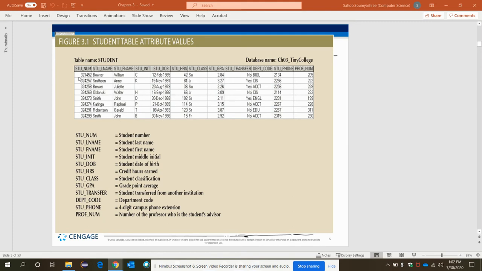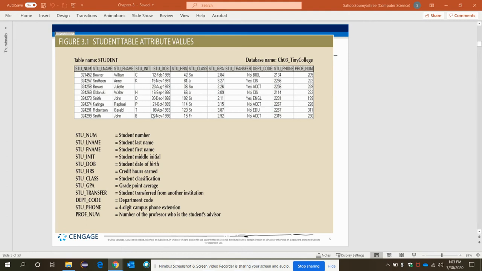Each intersection of a row and column represents a single data value. All values in a column must conform to the same data format. Each column has a specific range of values known as the attribute domain. See here, the student DOB, date of birth, is in a domain in a certain range.